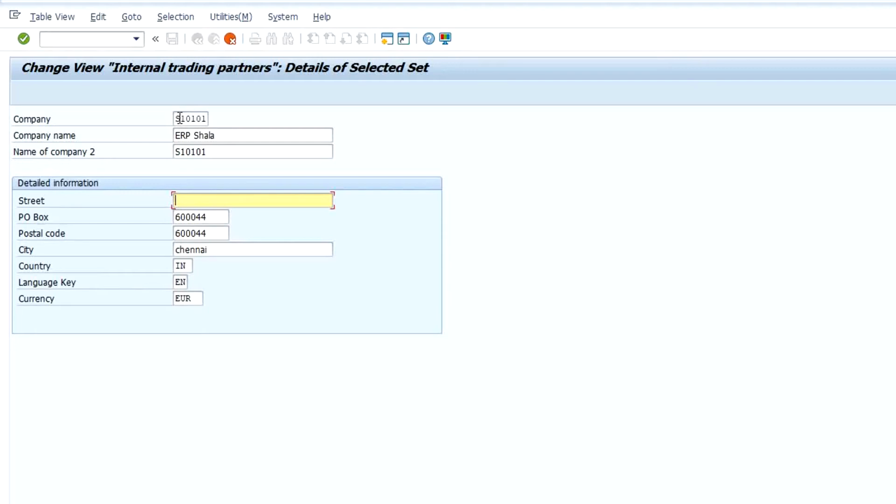Now give the address. Enter postal code. Give city.